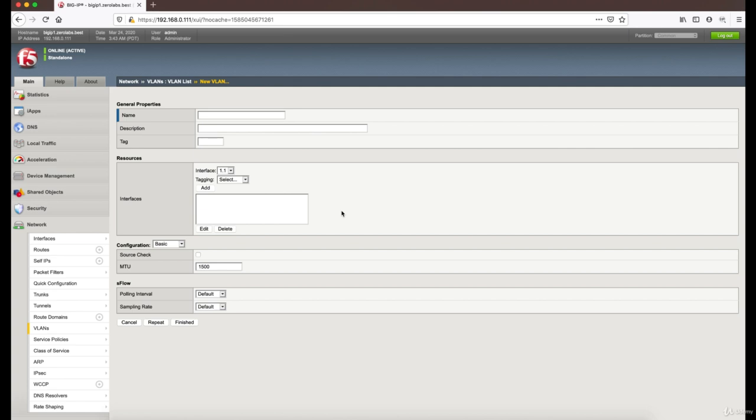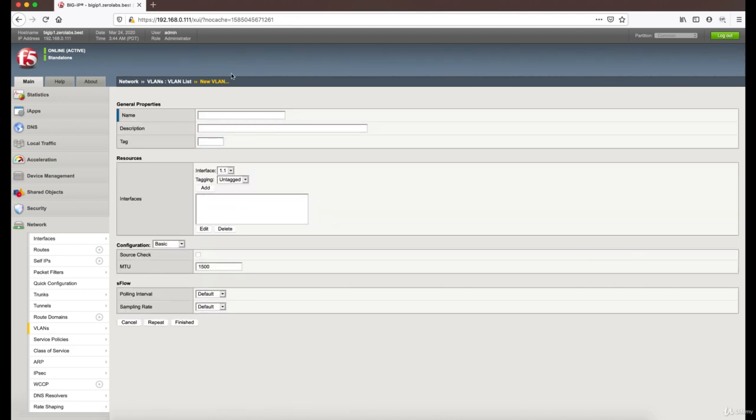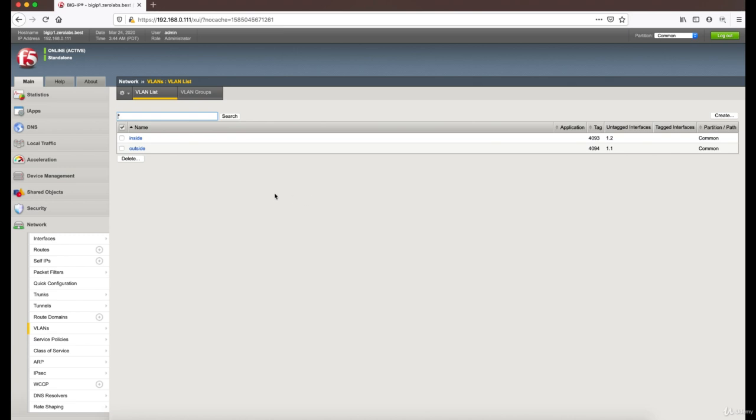Click Create again. Inside, no tag, interface 1.2, untagged, Add. I can click Repeat. It will create the inside interface and open a new VLAN. So if you are creating more than one VLAN, you can say Repeat instead of Finish. But for now, we only wanted to create two